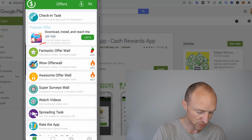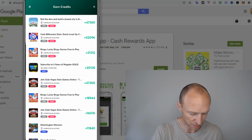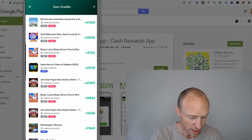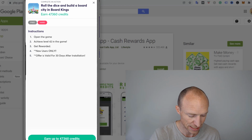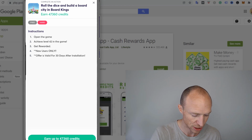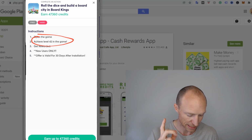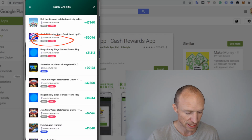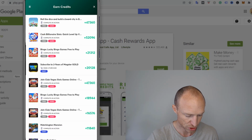But if we just try to show you an example like this one, it has quite a lot of different options where you can earn quite a bit, but they also require you to do quite a lot. So you see, some of them you would need to just click it to see exactly what you need. For example, I would need to achieve level 42 in this game to get these earnings, and that's very important to be aware of. So it will definitely take some effort for some of these particular offers,